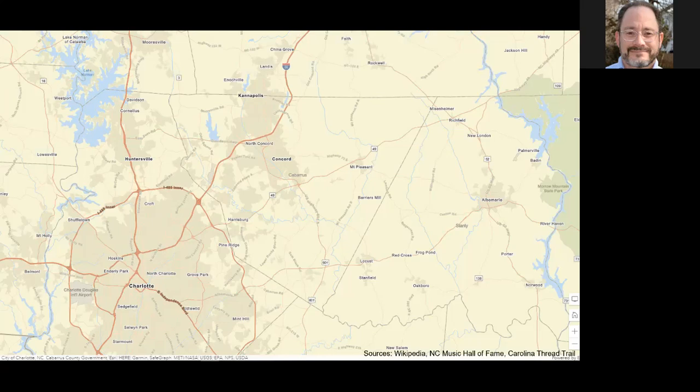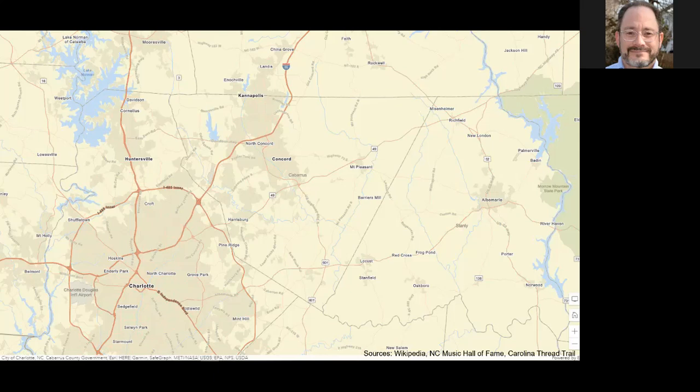It's got a population of about 216,000. It might be hard to see, but it's this upside down triangle shaped county right here with Concord at the center, which is the county seat. And you can see Charlotte is right here to the southwest. So it is really a bedroom community for Charlotte, although it's trying to shake away from that image and become its own force in the economy in the area as well. Other cities there are Kannapolis and Locust. It is part of the Charlotte MSA.